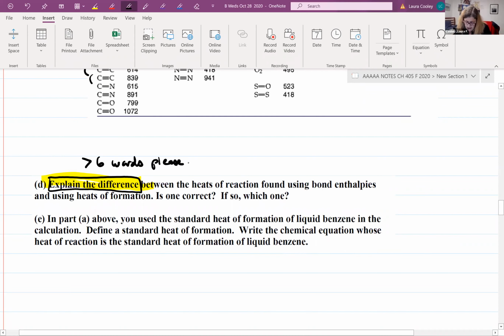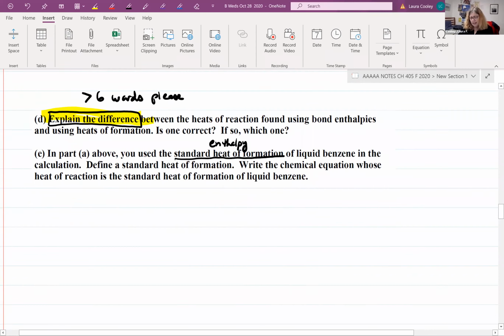Okay. And then this is just a question to test whether you know what a standard enthalpy or heat of formation is. So this shouldn't be too bad, but it's good practice. Okay, so that